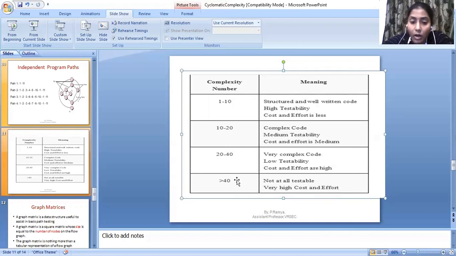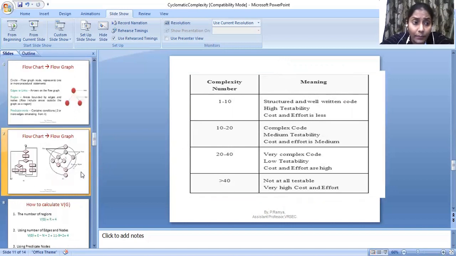Obviously, if there are a number of bugs in your code, or if the complexity is more, it means very high cost. Why? Because the complexity is calculated based upon the independent paths present in your code, right? So if you have more independent paths, that means your complexity is increased. When the complexity of the code increases, no one is ready to take this complex code. Nowadays everyone is trying to have very low complexity, easily understandable and well structured code. So always the complexity of your code should be very low. We have to bring it down, right?